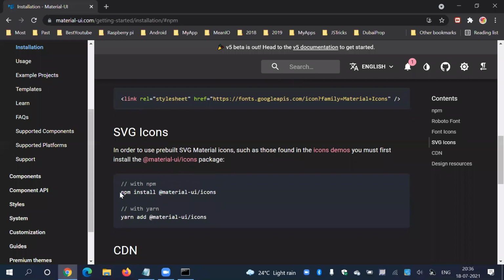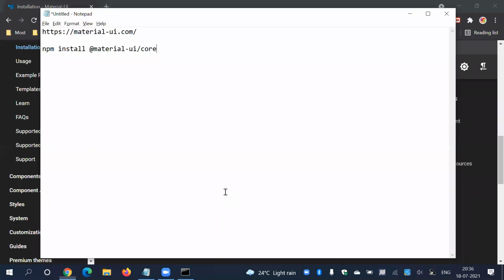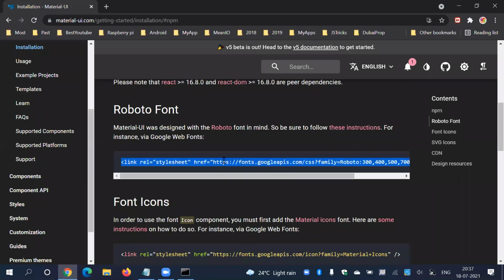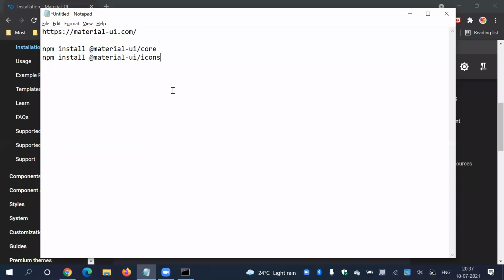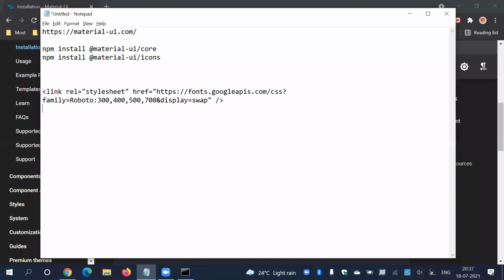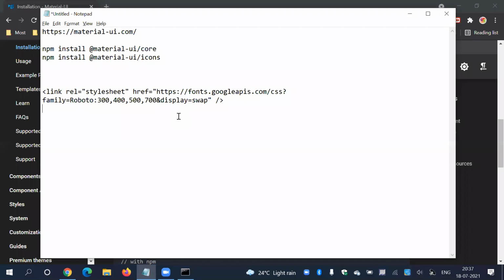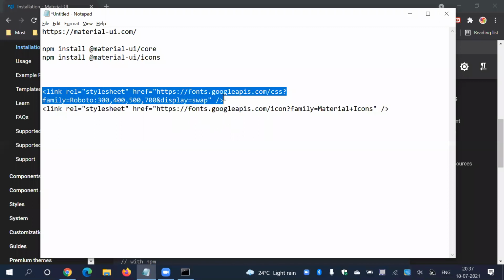So here are your icons. Just copy this and paste it over here. Also, we have to add this font. Double click, copy into our index file, as well as the font icons, material icons. Just copy and paste it. So we need to add this font and font icons in our index.